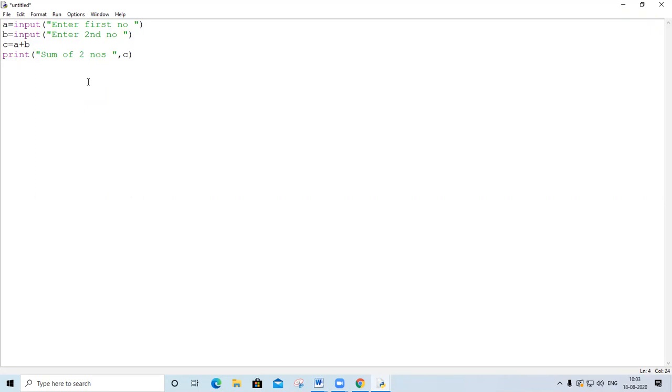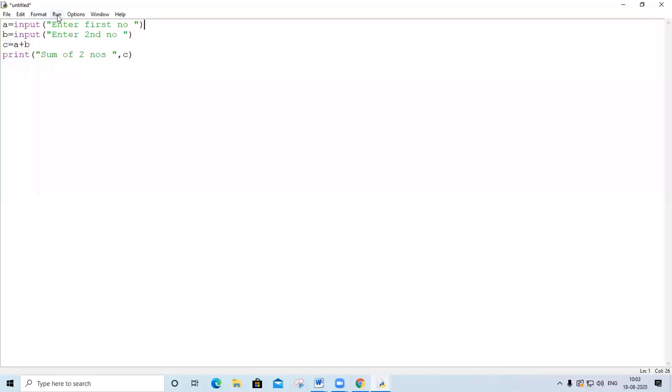Okay, I am in grid mode now. If you have understood what I have written, please raise your hand. A is equals to input, enter first number. पहले enter होगा A की value, then B की value enter होगी, and then finally we are writing C is equals to A plus B, and then I'm writing sum of two numbers, that is C.